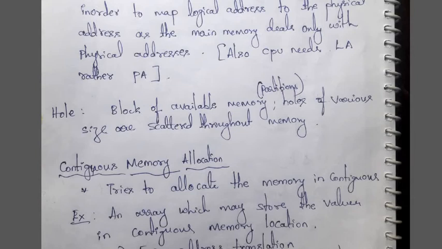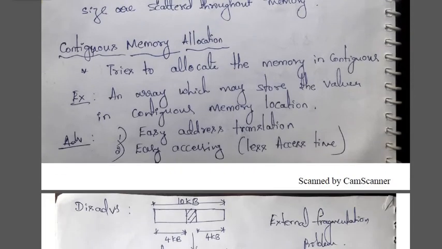Then what is contiguous memory allocation? Contiguous memory allocation tries to allocate the memory in a continuous manner. That is what contiguous stands for. Suppose you have an array with n number of values stored in it. Say my array has 4 values. The first value gets stored at 000 and the second element would be available at 002, assuming that an integer takes 2 bytes to store in main memory.